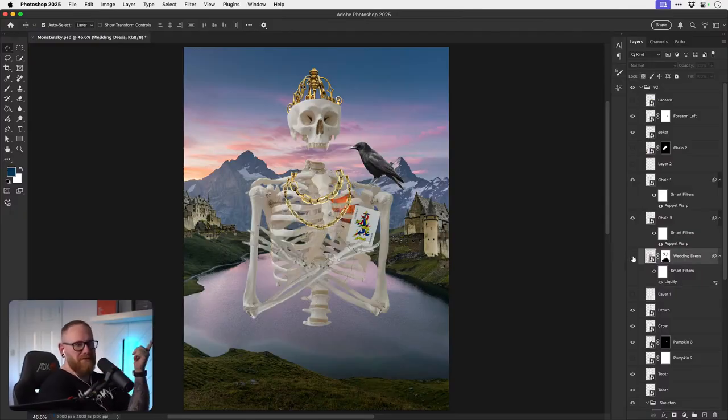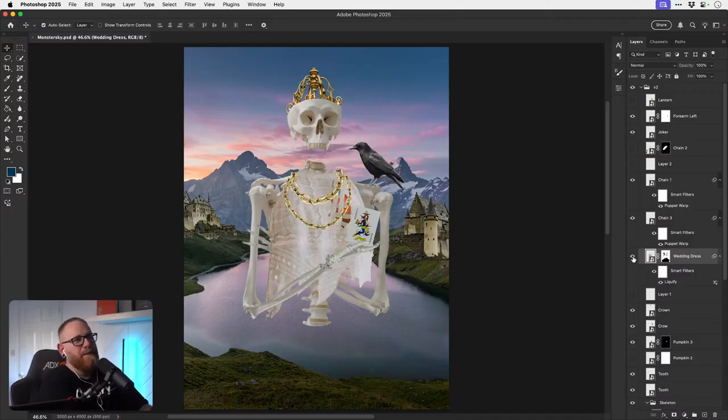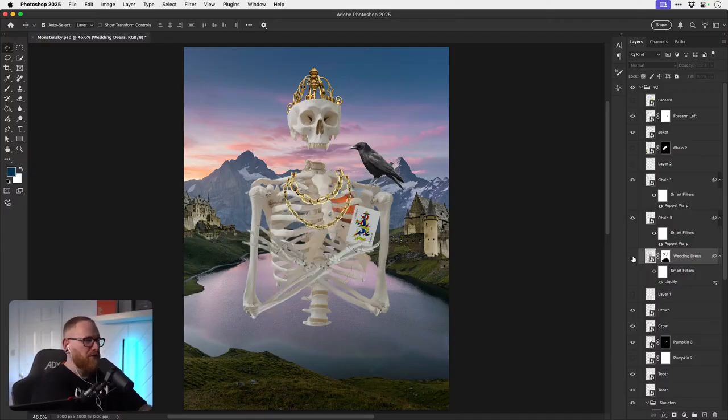But if I use a reference image, or even just use AI to generate something that can show me how a ripped dress on a skeleton would look, it'll at least give me a reference for the shading and the lighting, and that would make things a lot easier. So if you want to use AI to give you ideas or help you if you're struggling with the lighting or the shadows or how something should fit something else, totally fine.